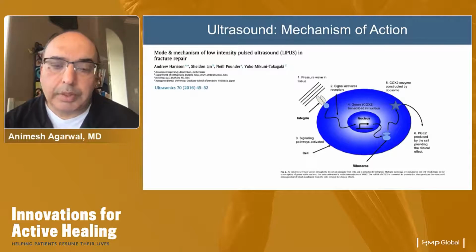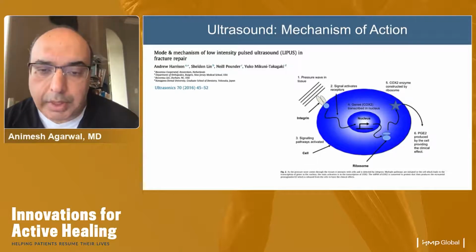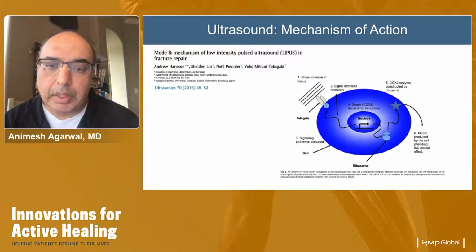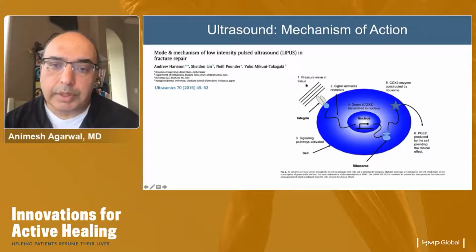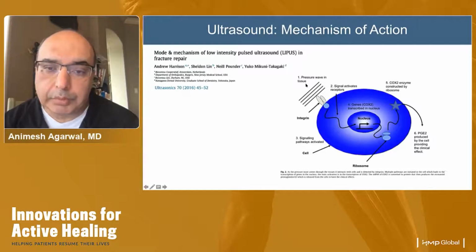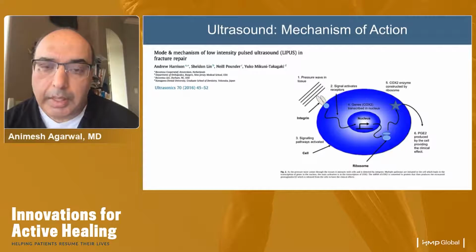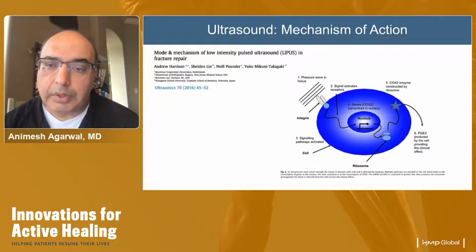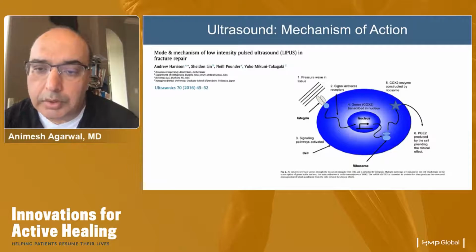Same studies in a schematic at the cellular level is seen here. Again, first thing is the pressure wave in the tissues, marked here. And again, integrin is detected or activated. That results in a signal activating receptors. There's also other signaling pathways activated in the cell. And then genes are turned on to transcribe